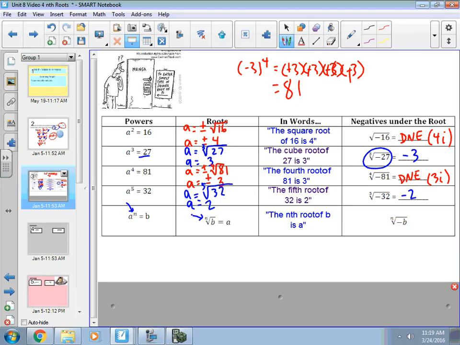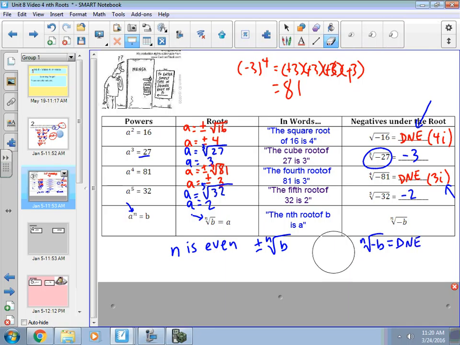Now, if n is even, then your answer is going to be plus or minus whatever this comes out to be, because it could be positive or negative. Okay, but you cannot do the nth root of a negative number, because notice what happened anytime we tried doing the negative version of it, it didn't work out. So this is not going to exist